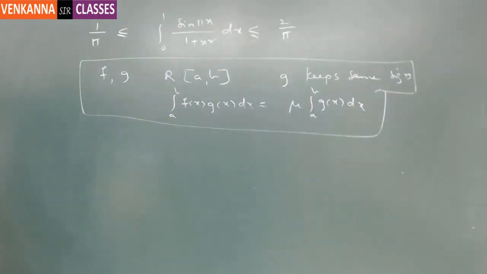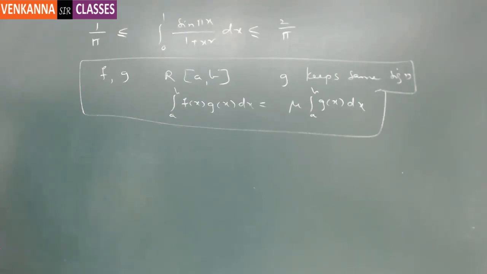Now here one usual question which haunts our mind is, among the two functions, which one will be taken as f and which one will be taken as g? That is up to your choice. You can take any of the functions. But if you look at the statement which is given there, in the answer you should have integral a to b g of x dx. So we are going to take a function which is comfortable to integrate as g. And the function which we are integrating must keep the same sign, meaning it is either greater than or equal to 0 or less than or equal to 0 throughout the interval.